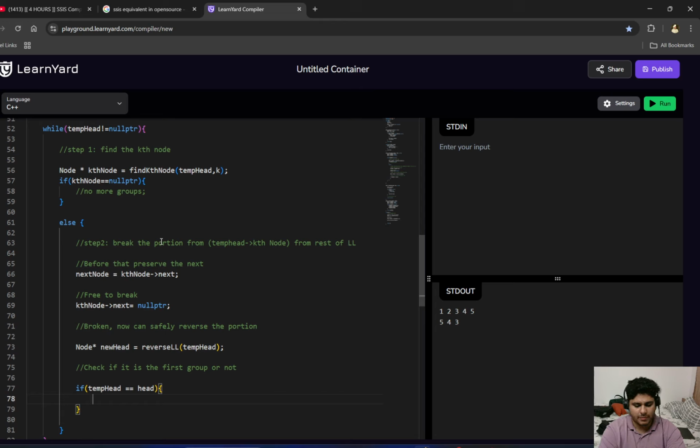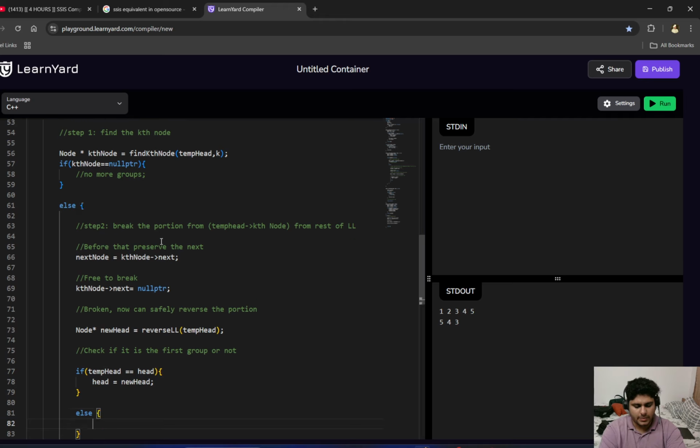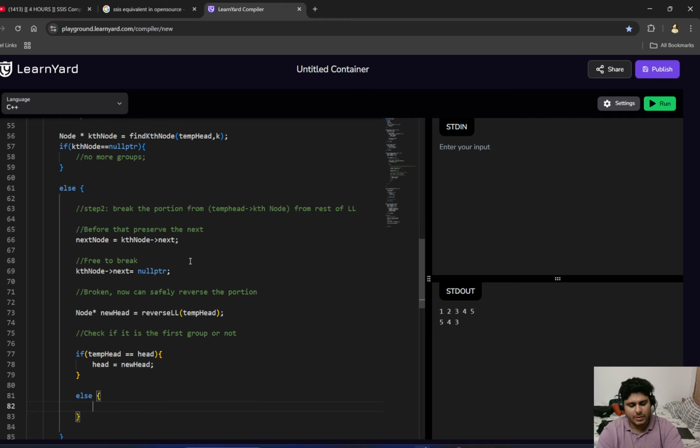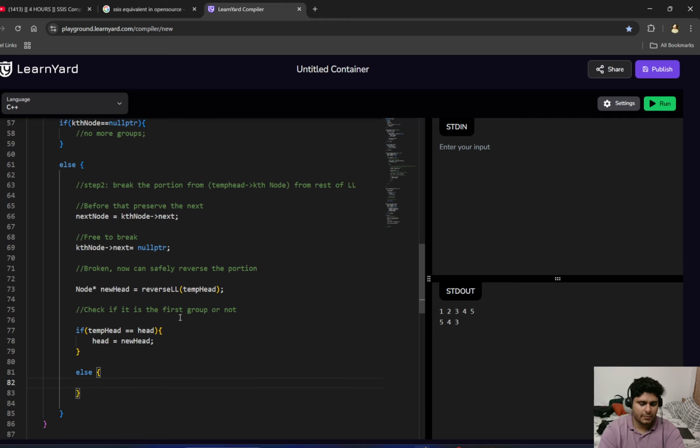In this case, what would happen is the head will point to new head. Okay, let's leave it in that way. Head will be the new head, and if it is not the case, like it is not the same, then what will happen is